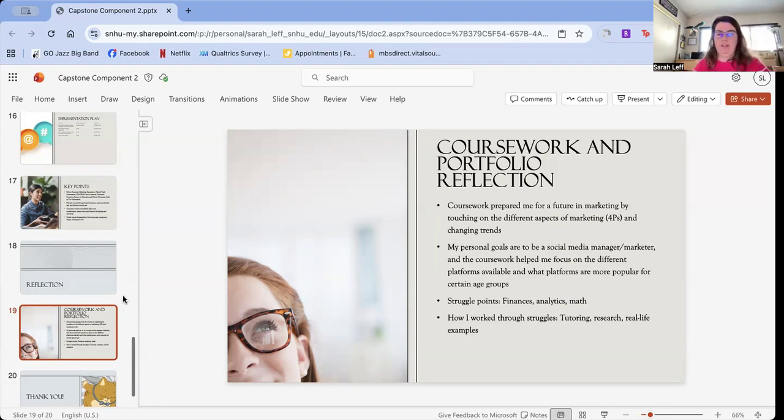target certain demographics. When I was making this portfolio and then also throughout the coursework, the struggle points that I've noticed are things talking about finances, analytics, and math. I do have dyscalculia, which is a learning disability that impacts my ability for problem solving and solving puzzles and math. But so that made learning about finances and trying to come up with formulas and following the formulas very difficult at times. And also analyzing my plans also was a struggle point, but I worked through this by getting